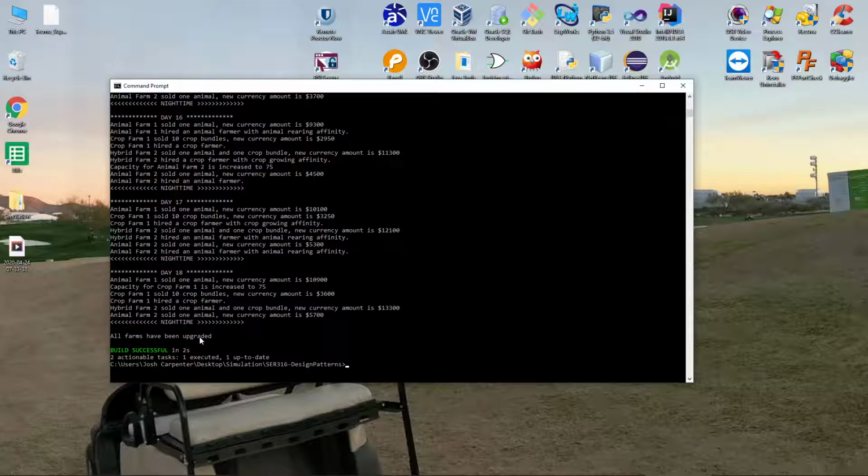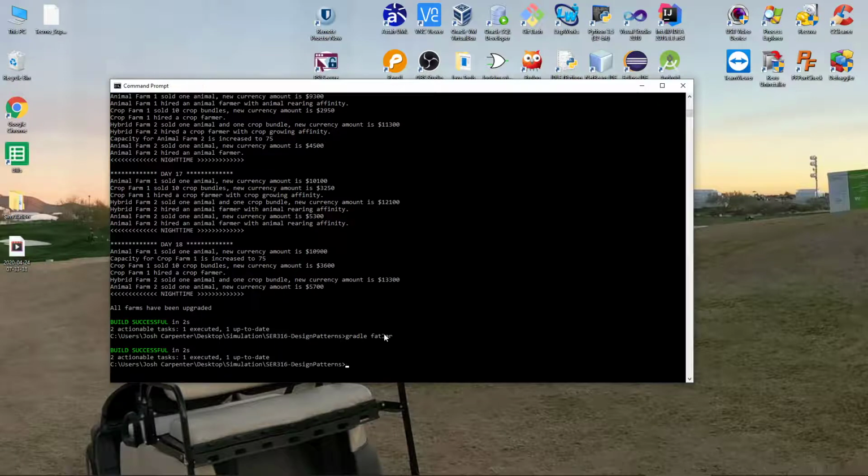There's a safeguard in there too, because occasionally you get kind of lucky or unlucky, however you look at it, and there's a safeguard so it doesn't generate more than 50 farms, and usually it's a little unlucky, but at any rate, the other way that you can run the project is to run Gradle jar,